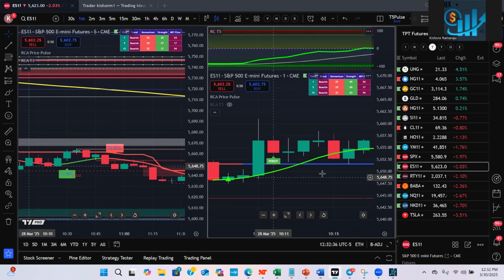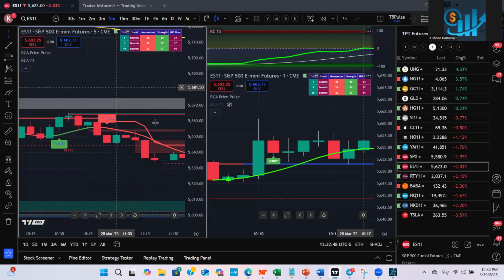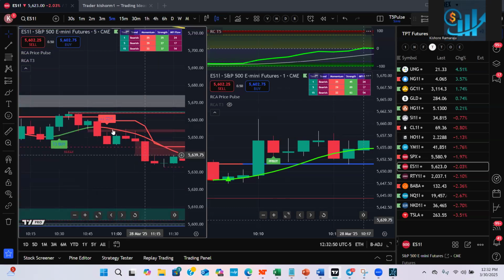In the India market hours, or Asia market hours, Europe market hours, use 3 and 1. In the US market hours, always use 5 and 1. If you're trading in your personal accounts for futures or stocks, then you can